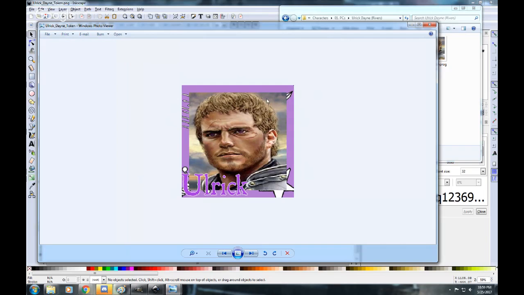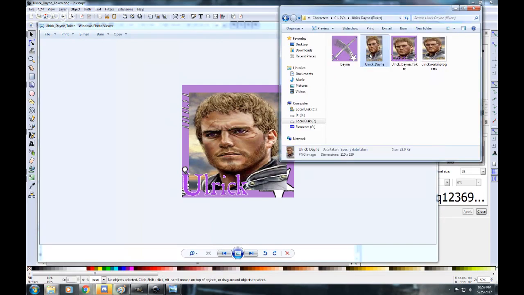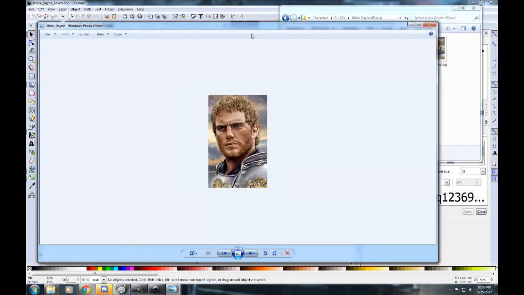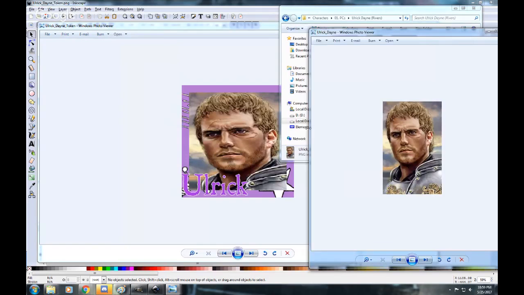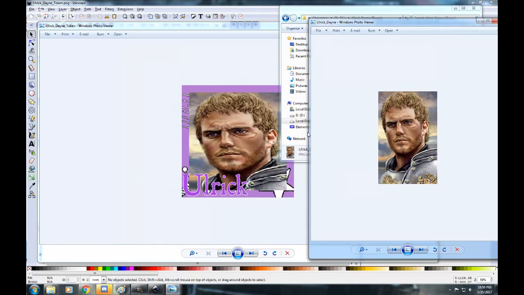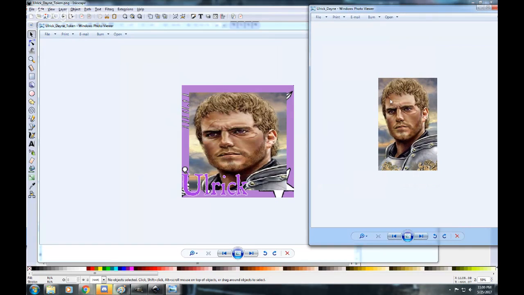But if you look at this versus the original, which we'll look at again, you can see it's a little different, right? Yeah, if you look at him side to side, his face is definitely more fat, I guess you could say. But in instances like this, it's very difficult to keep it all, unless I want to cut it. Even if I cut it at the bottom of his chin, there would be no way to keep it a perfect square. And then, of course, you cut it at the bottom of the chin,